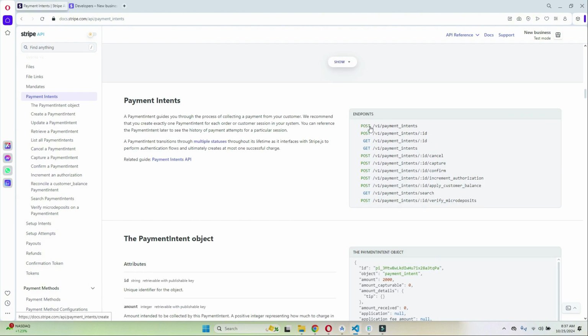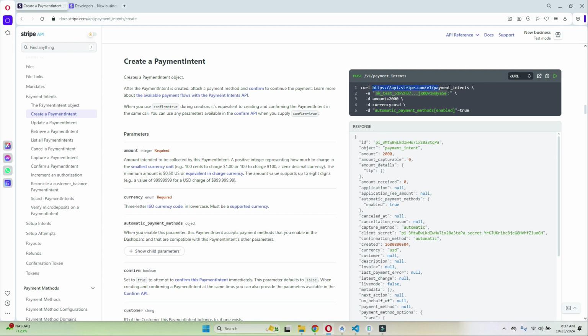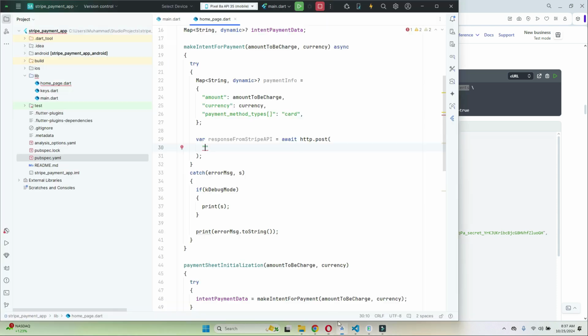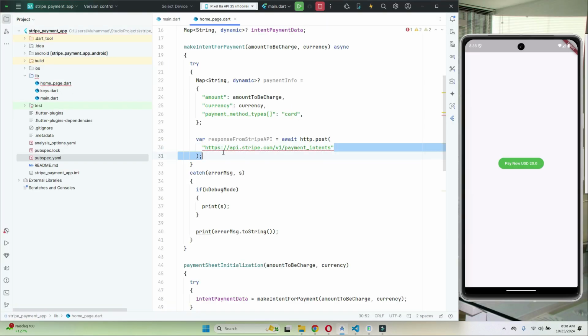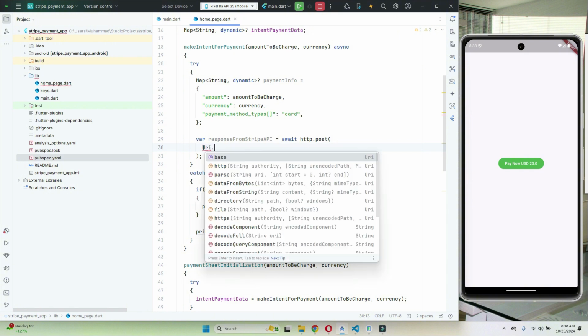The endpoint which we will be using is this one. If you click on it, it will even give you the complete endpoint. Copy this endpoint and simply come here, and in here you can paste it. This is our endpoint. Uri.parse,